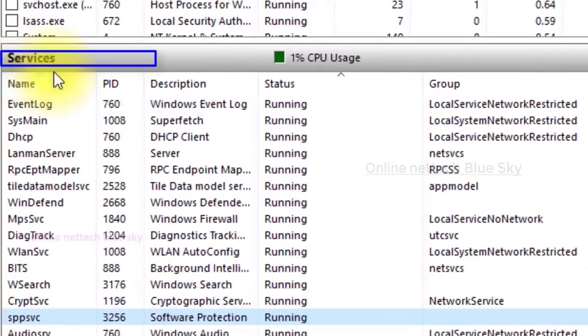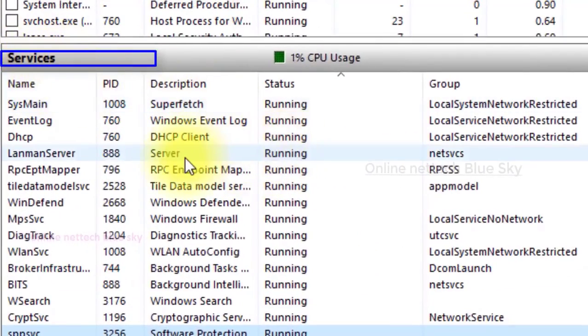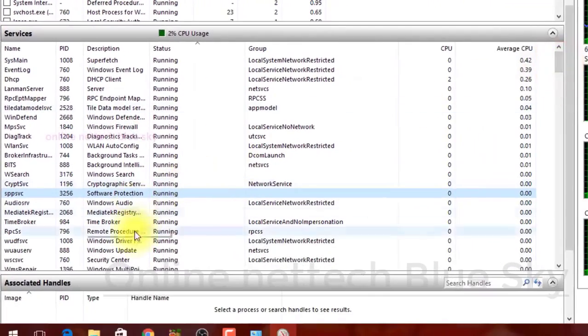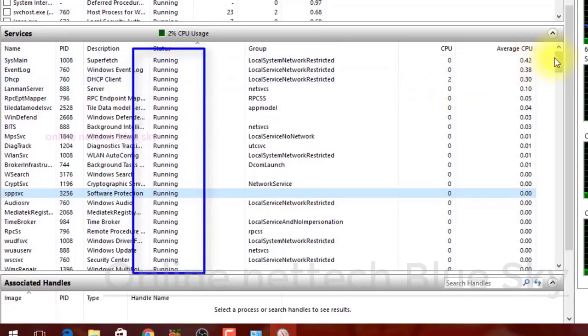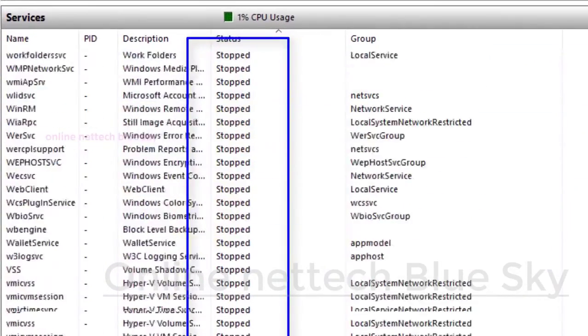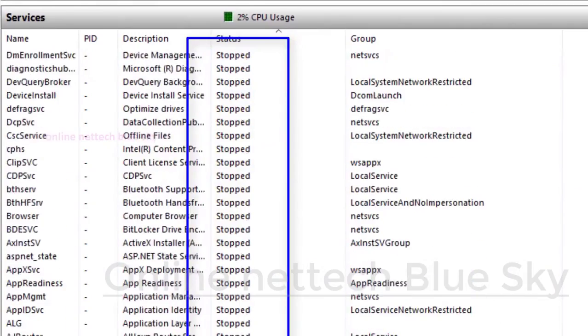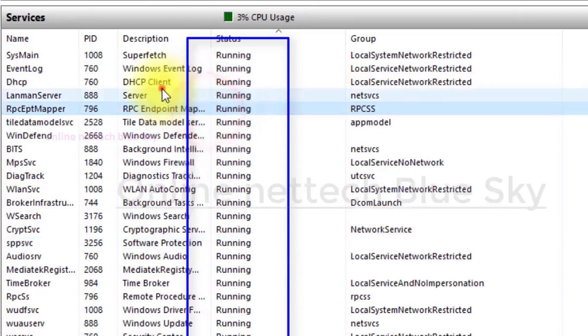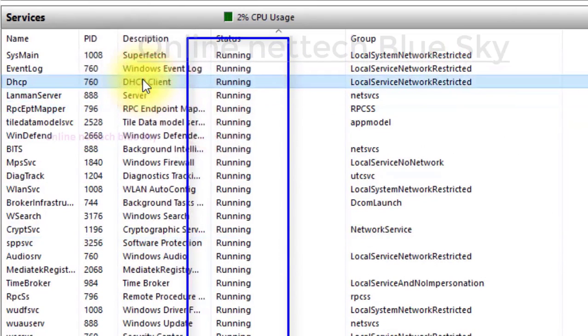Services are very important and processes are even more important. So services, and you can check without stopping them. Okay, so first you can see here from the running top side, and automatically you may stop going to the downside.